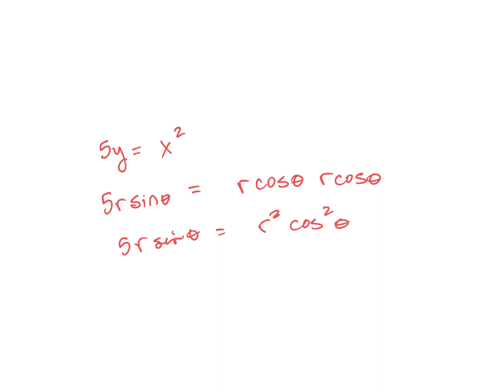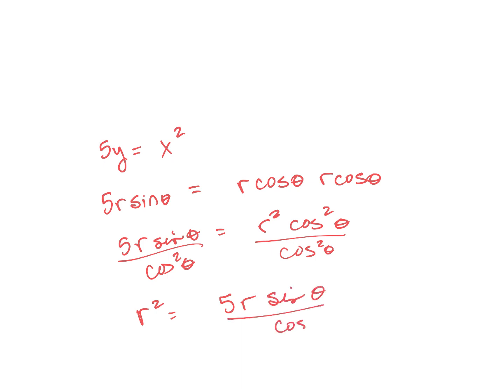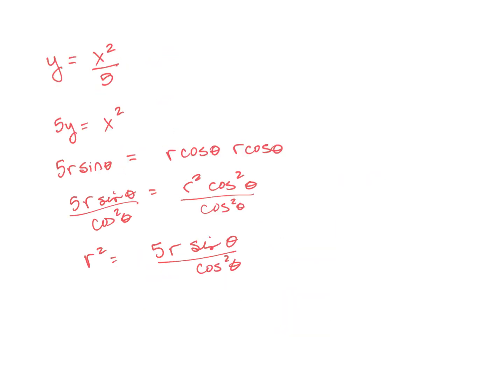All right, so I want to leave that r² alone because we want the r to be alone, and that's the biggest r, so you always leave the r² if you have an r and an r². So I'm going to divide both sides by cosine squared of theta. Okay. So now I'm going to reverse the order here, and I'm going to say that r² equals 5r sine of theta over cosine squared of theta. I'm just leaving the r on the left side of the equation. Now if I divide both sides by r,